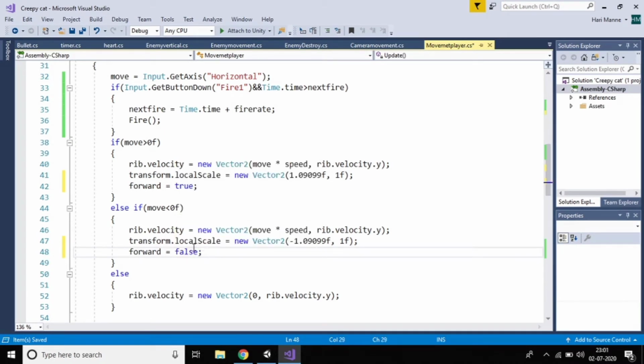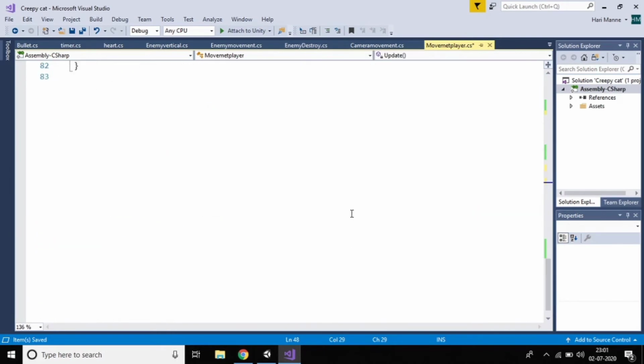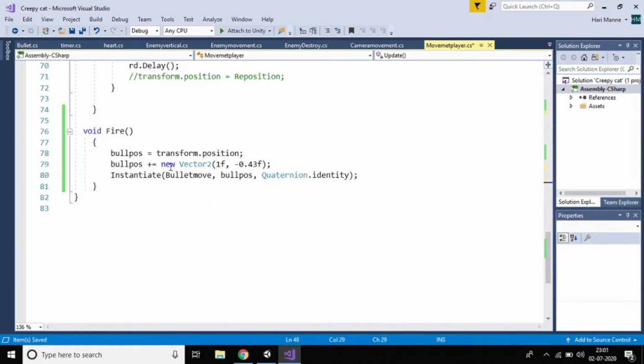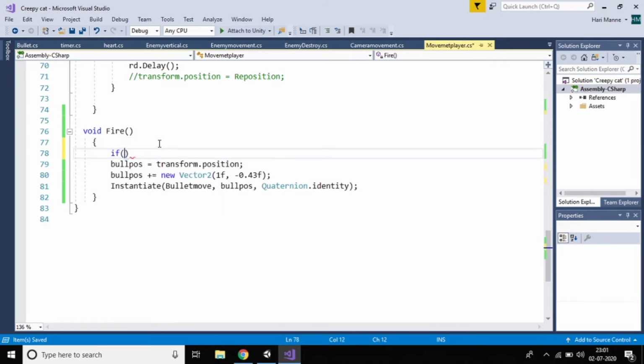Now I'll write more in void fire. Make this one like this one, and write it in an if condition.